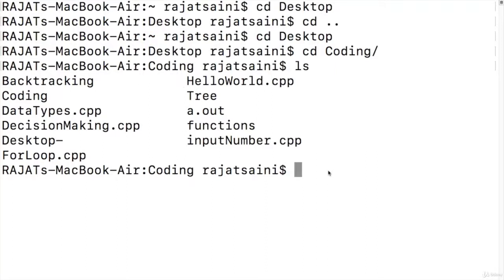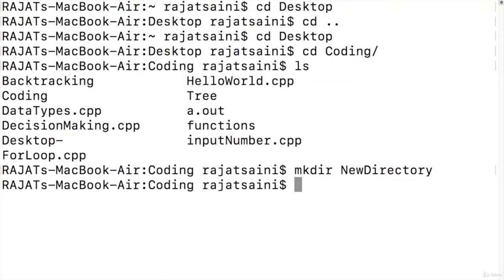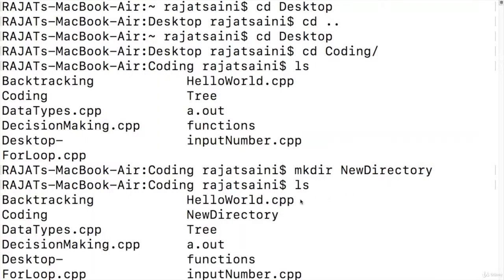So the fourth step was a complementary step in which we can make a new directory. For that we have to write mkdir and then space the name of the new directory. So you can give any name and then press enter. So to check if our new directory folder is created, we will write ls, then enter. Then you can see that a new folder is created named new directory. So these are the four basic commands of terminal.